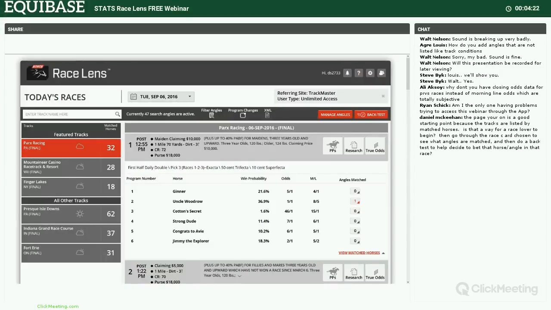So while you had the Equibase team and the Stats team at the core, you really had an awful lot of input from a lot of sophisticated handicappers along the way. And as a